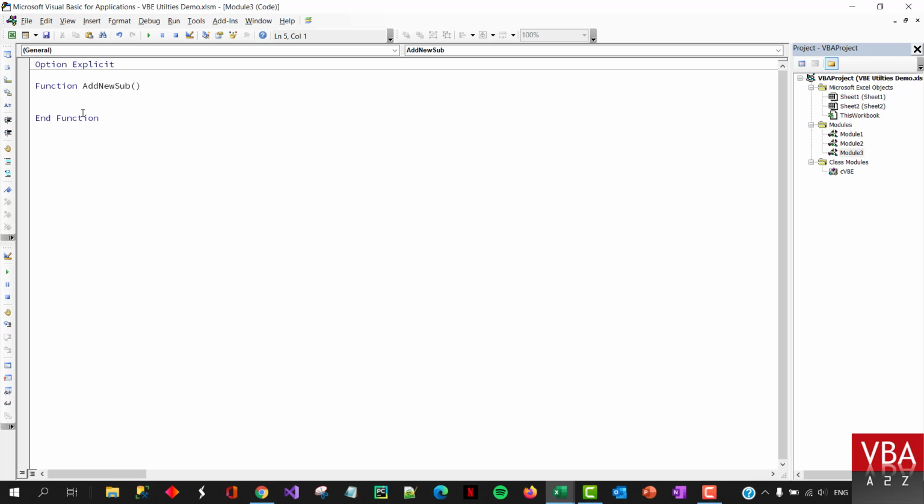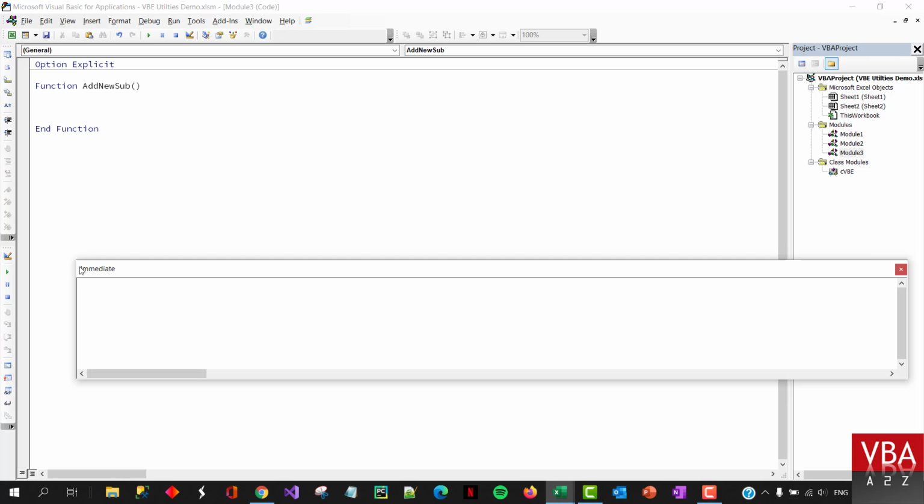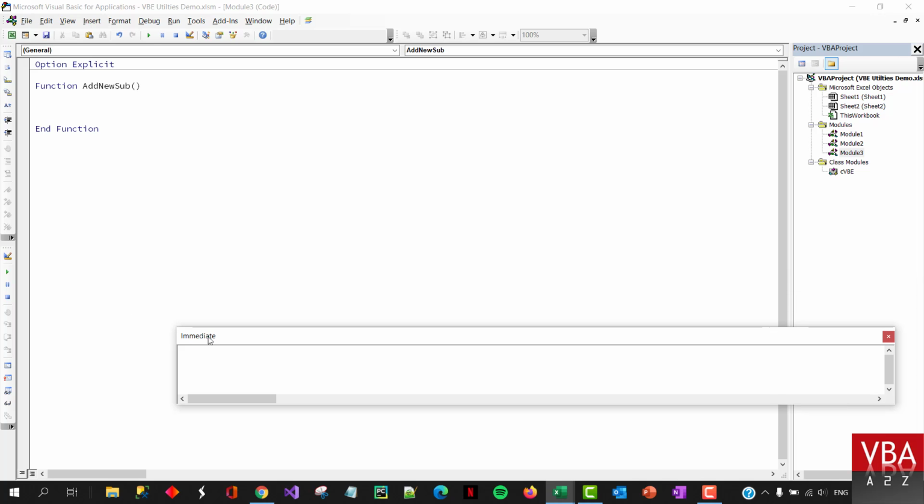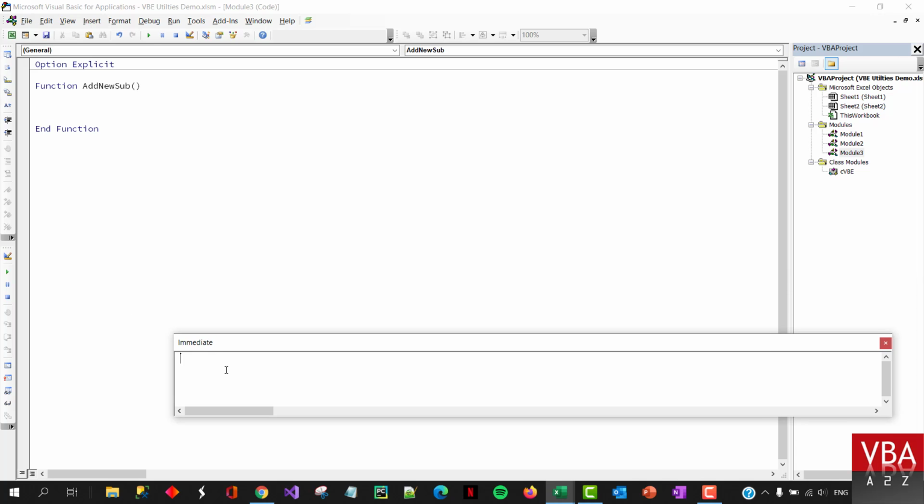A couple of things. First, we will need to grab where the current module is at the moment, where the cursor is placed, so that we can directly insert the code there itself. Instead of using a Control V, we're going to identify the cursor location and then insert the code. So first we need to know where the current module is. For that, we can use